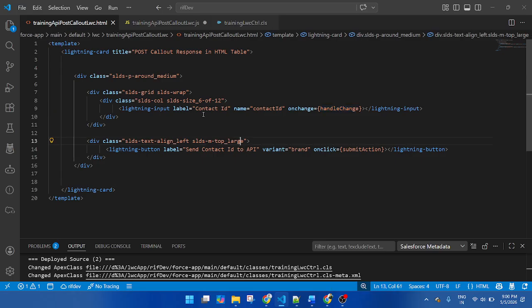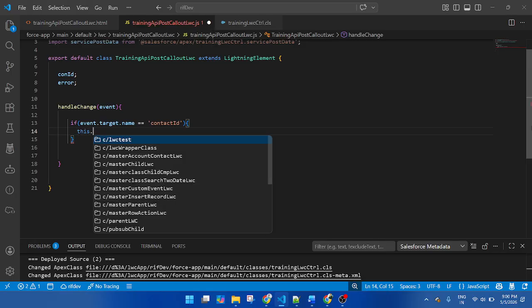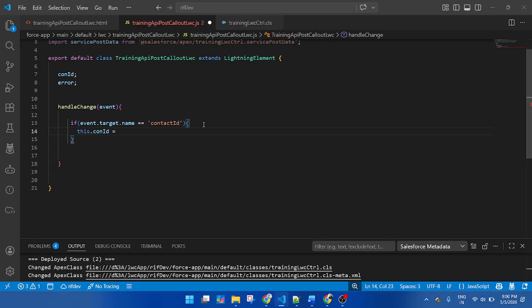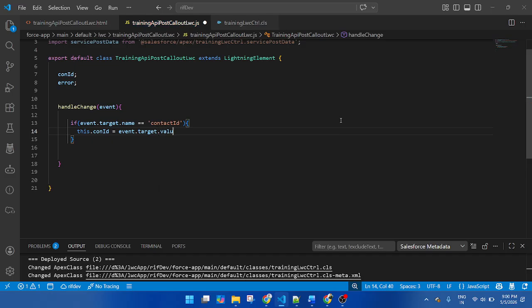Here it is only one input field, so do not use if and else conditions. It will check the name, then assign the value: this.contactId equals event.target.value. That's it. So I store the current input value inside this variable so that I can pass it.